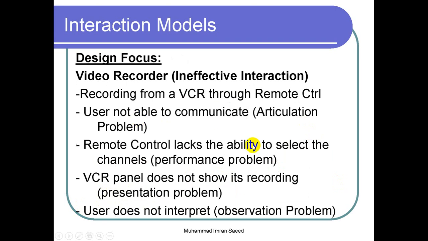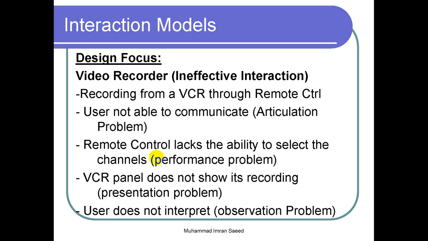Articulation problem, performance problem. Now let's say the user knew how to articulate, he knew how to communicate, he knew how to give the input, and the remote control had the ability to record. It had all the functions in it. So articulation was good, no problem. Performance was good, no problem. But now